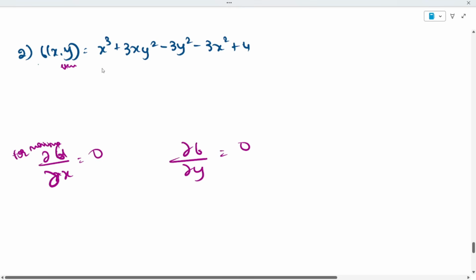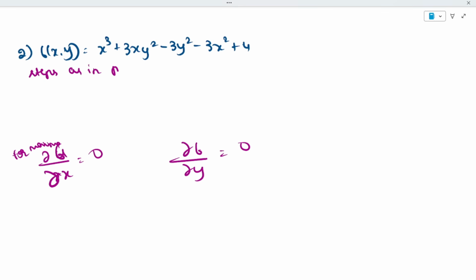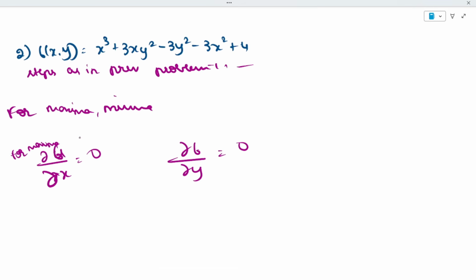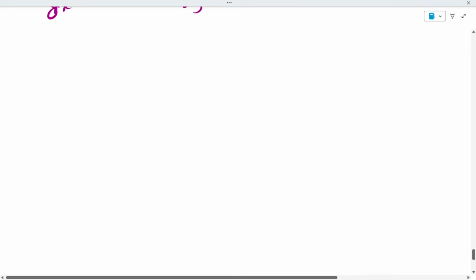See, first steps as in the previous problem. Next, I'm doing the step for maxima and minima. You should equate it to 0. Okay, now if you equate to 0, that will be